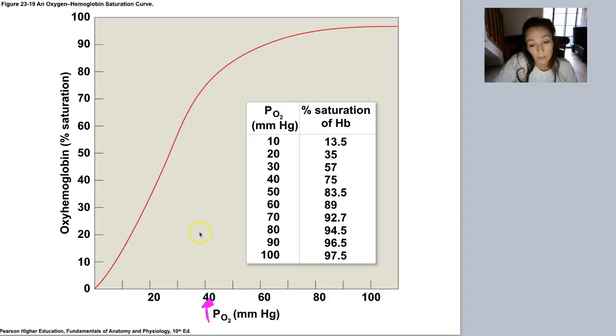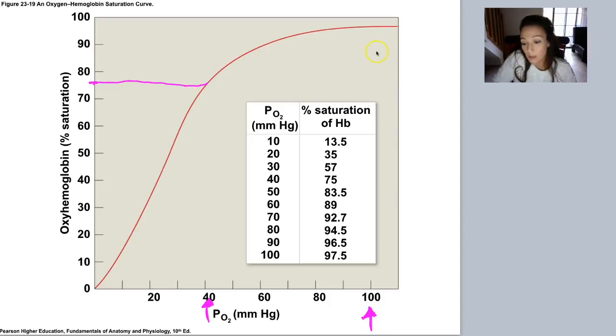If we read up here, what is the value on the y-axis, the percent saturation of hemoglobin with oxygen, and we trace across here, we see that it's about 75% saturated. That means most of the hemoglobin molecules in our blood have 3 out of 4 oxygen molecules bound that they could possibly have. And then when our blood goes to the alveoli and the partial pressure goes up to 100